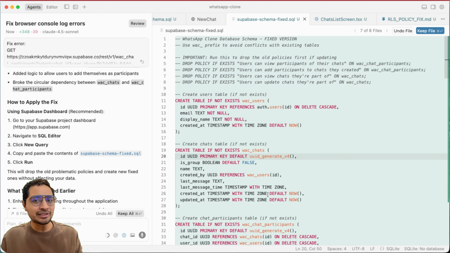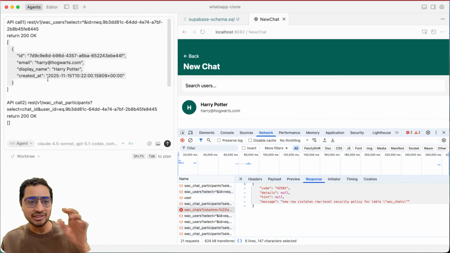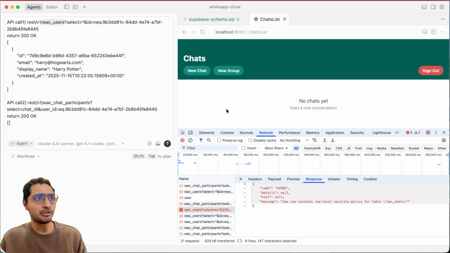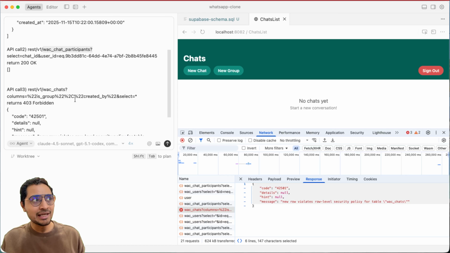So I should be able to retest this application and check if it's working now. A few moments later. Okay, so multiple attempts at fixing the API call didn't really work. So I'm trying to do something different. I'll try the API call 1 and I give the response that everything is fine. This is the WAC users to fetch the list of users itself. The API call 2 is the chat participants, and the third is the actual chat itself when I'm trying to